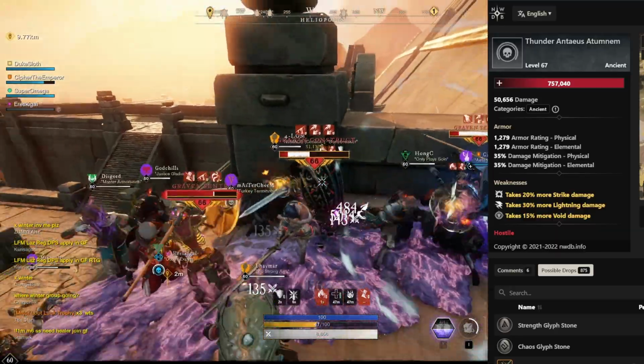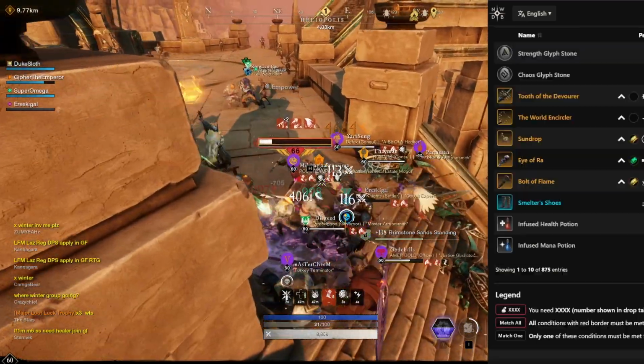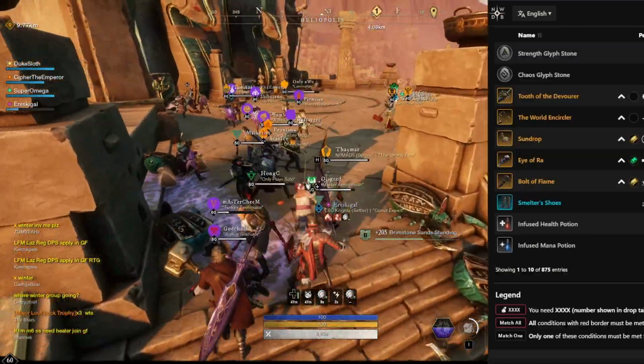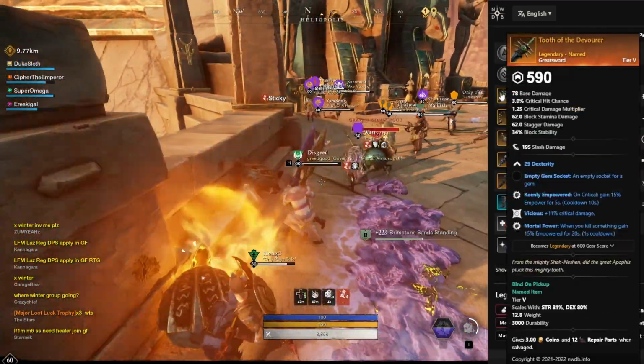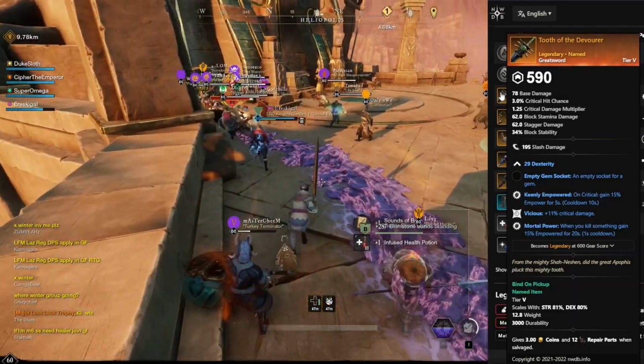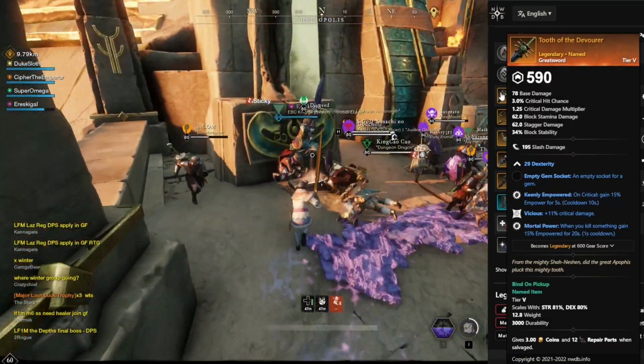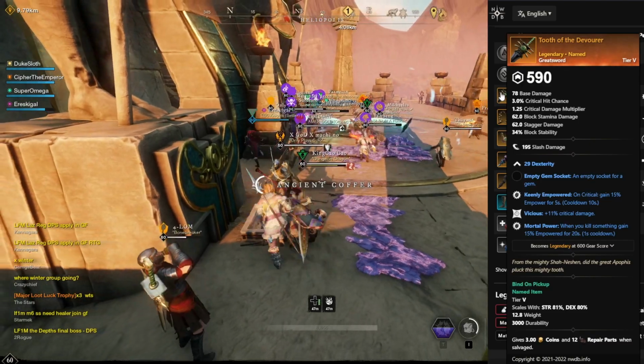This guy can only be spawned during the daytime and requires someone who has all glyphs in order to activate the spawn. He does, however, have a massive loot pool. First of all, he has Tooth of the Devourer, which comes with 29 dexterity, keenly empowered, vicious and mortal power. Not exactly the best greatsword because it has vicious but no bane, so not that useful for both PvP or